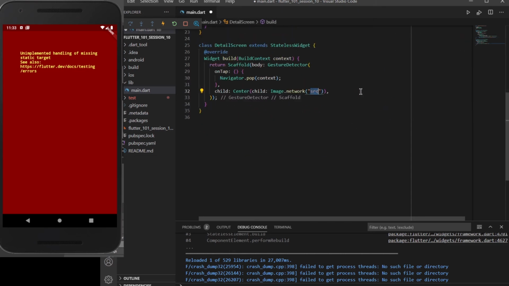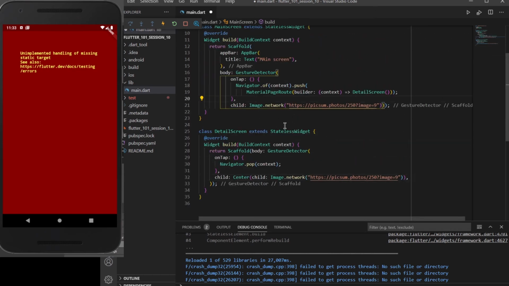Now we need to add a Hero widget to the first screen. So in place of the image, I'll enclose Image.network inside a particular widget of type Hero, and we need to pass a tag inside it. So the tag will be imageHero. What a tag basically is, is an object that identifies a hero. So if we are passing a particular image inside two different screens, then we need to have a similar tag, so we can identify that this image is similar for both the screens.